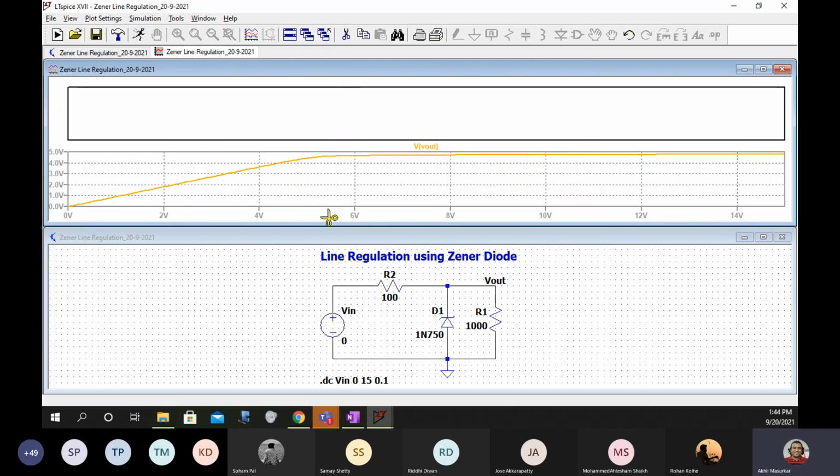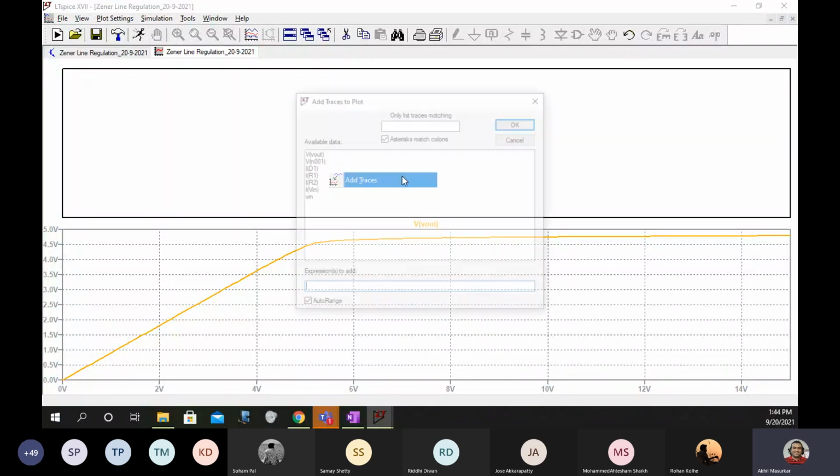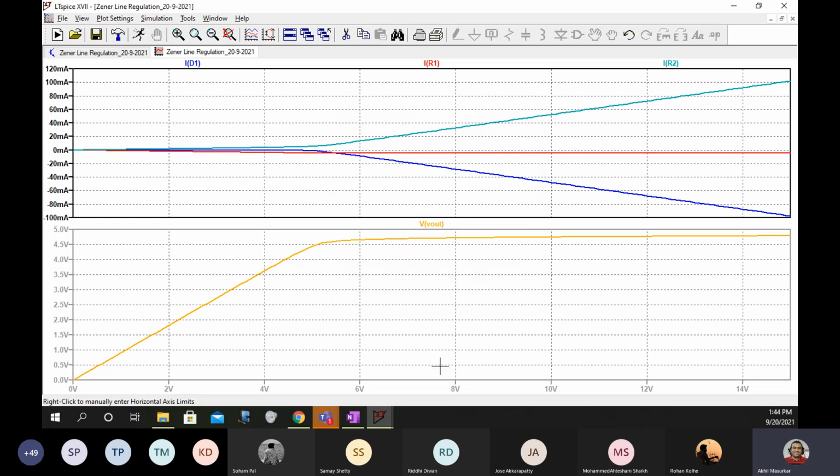Okay, we'll remove. So in one graph we will have voltages, and in the second graph we will put all the currents, 1, 2, 3. So this is what we'll add. You can see voltages and currents. In the upper graph you have currents, in the lower graph you have voltages.